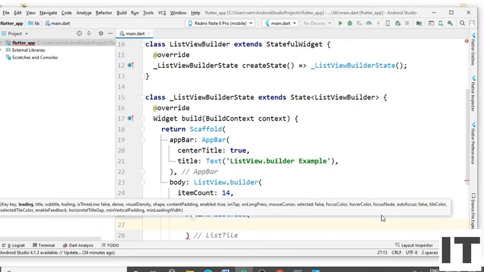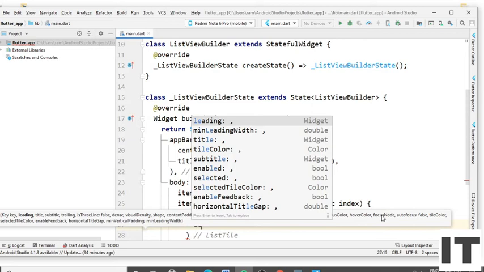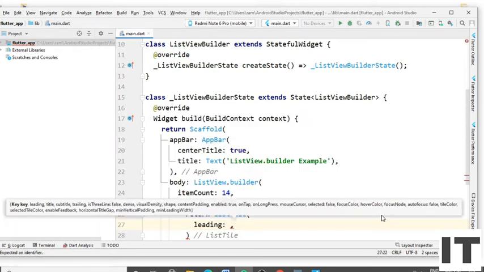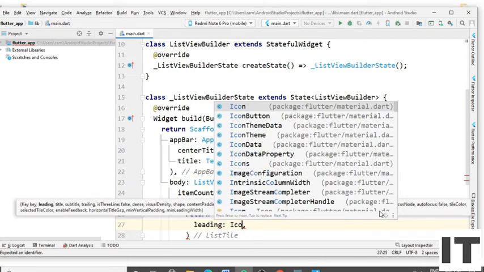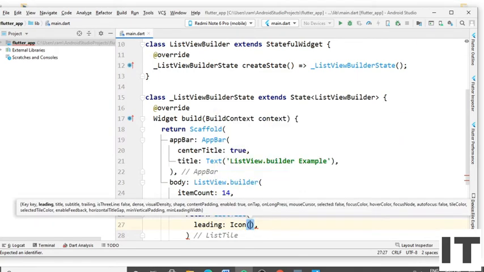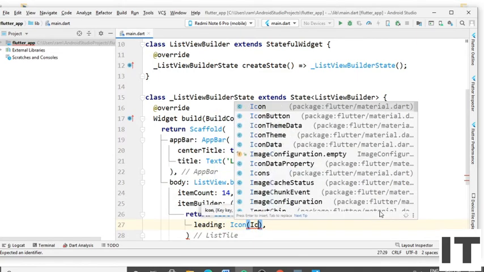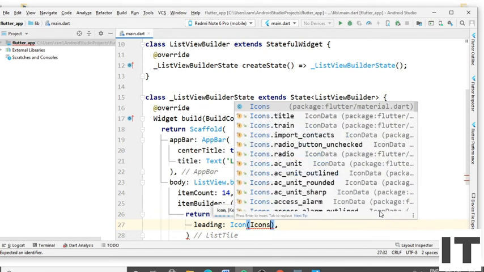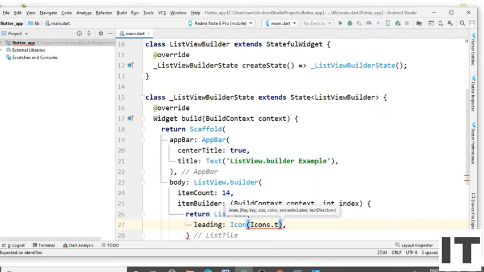First I give the leading icon. Type the leading, type the Icon, put the round bracket and type Icons.today.